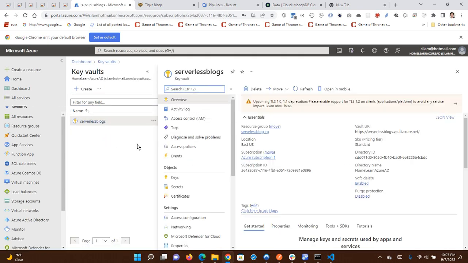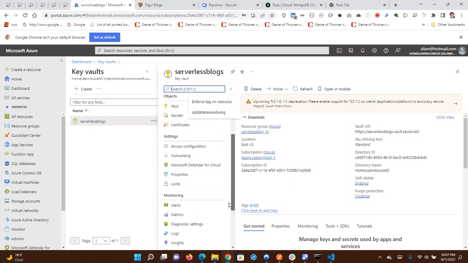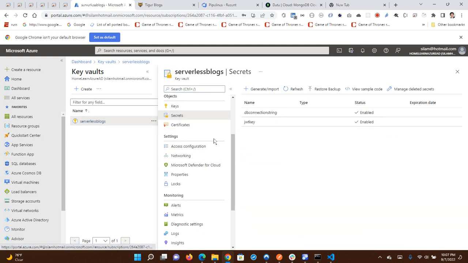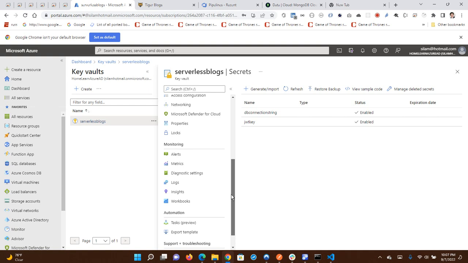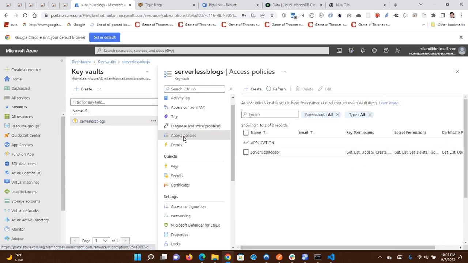Going back to the key vaults here, to let the backend API access the secrets, we set up the access policy and the service principal. When it asks for the service principal, we point it to the serverless blog API that we